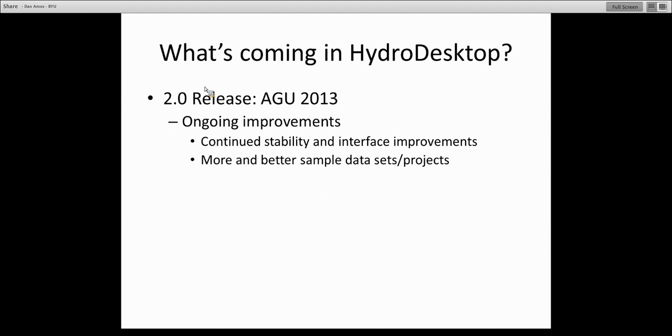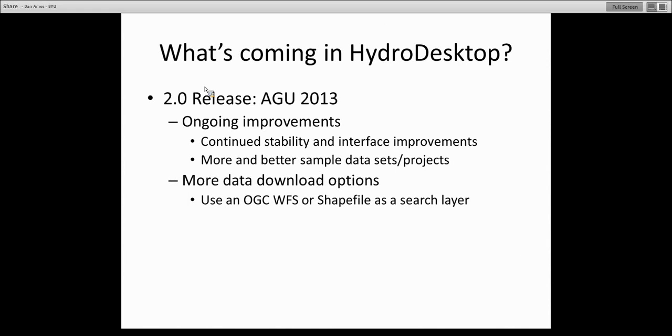And even though we're calling it a data store, be aware that all of the plugins and data sets that are available now are all free and open source, as is the main HydroDesktop package. We're looking forward to adding more data download options. For example, rather than just doing a search and then going to your search results to pull data, we're looking forward to adding